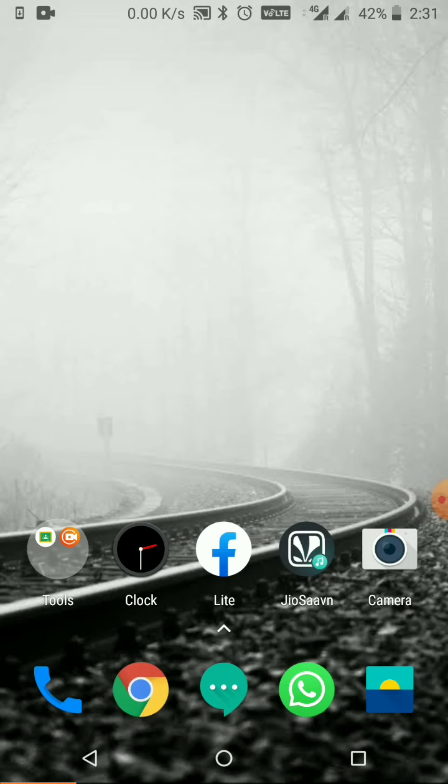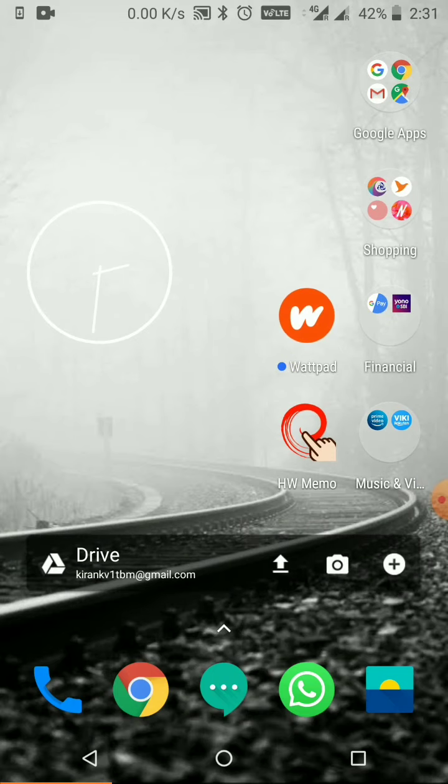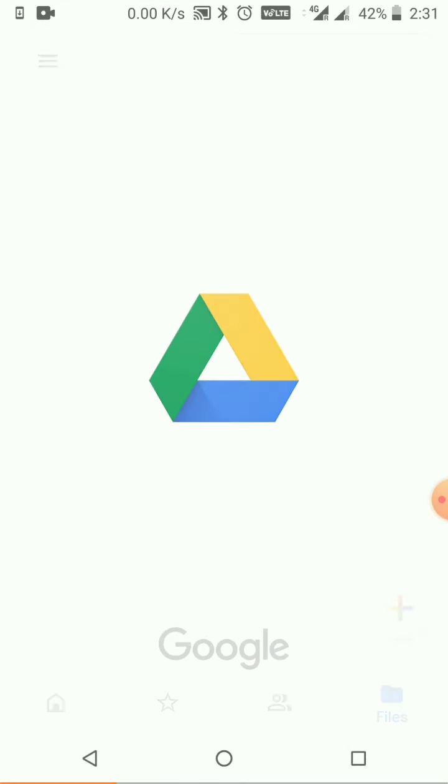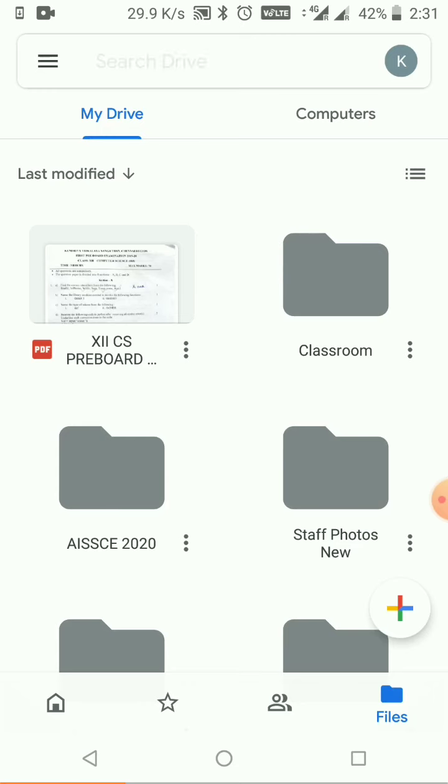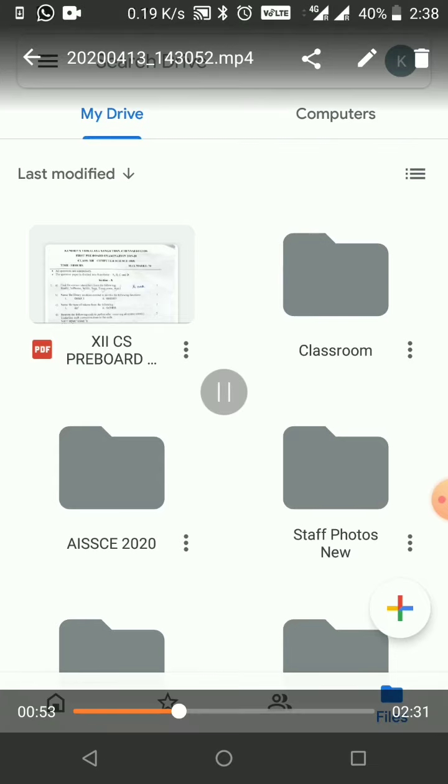So now I am going to tell you how you can share your material in that Google form and how you can put that link in your form. So first of all, any PPT, any material which you have prepared, put it in your Google Drive. You can use a laptop also to upload everything in the Google Drive. So if you want to upload any material or any file or any PPT, then click on the plus button.